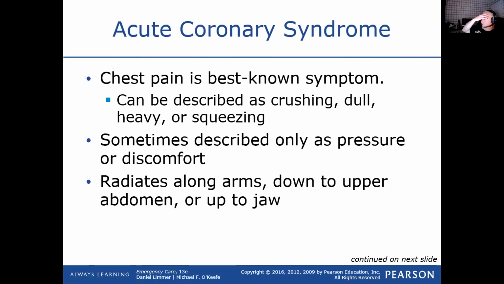But I'll tell you, the one classic thing that people describe when they have that aneurysm in their chest is they feel a tearing pain, and that's the actual artery starting to rupture. So tearing pain is not typical of a heart attack, but pressure, okay, weight on their chest, squeezing, can't catch their breath, okay, is more